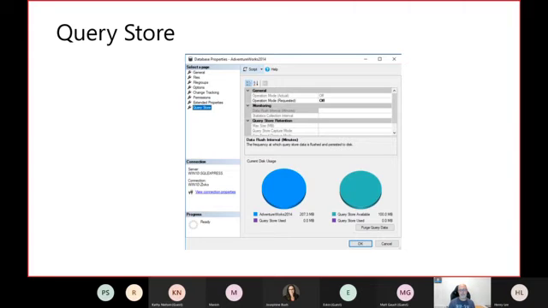Something important to mention is that, since SQL Server 2016, we have Query Store, and it is disabled by default, right? So when we create a new database, or when we restore a database, Query Store is disabled. If we want to have this feature, we just need to go there and enable it, right? It's quite simple. If we go to the database properties, we can do it from there with no problem.